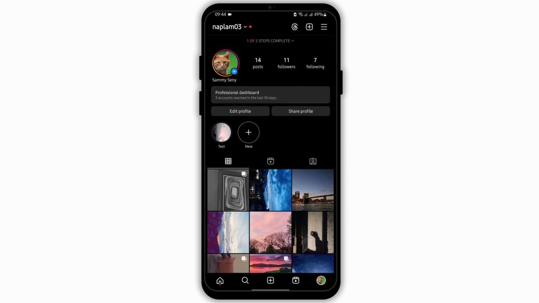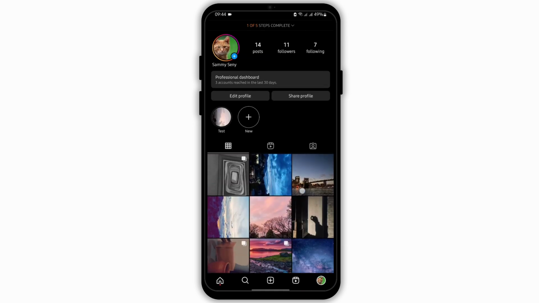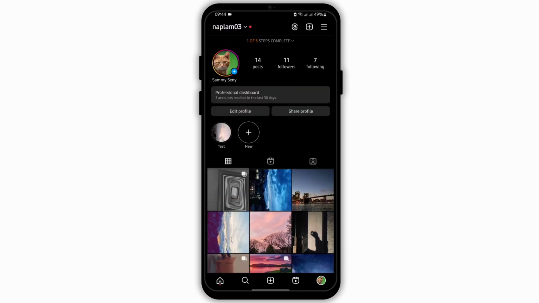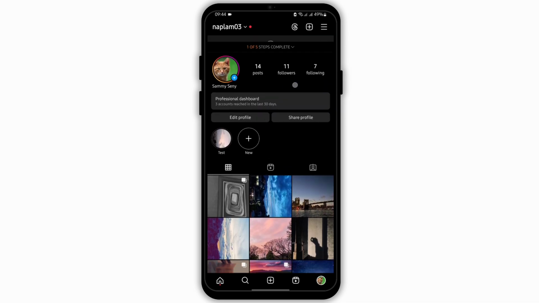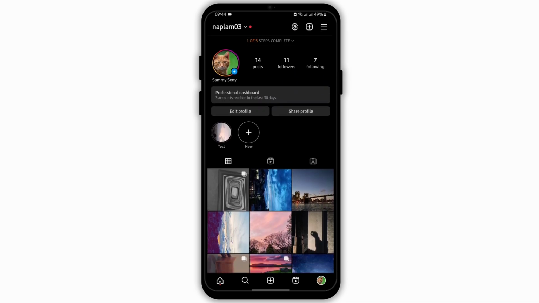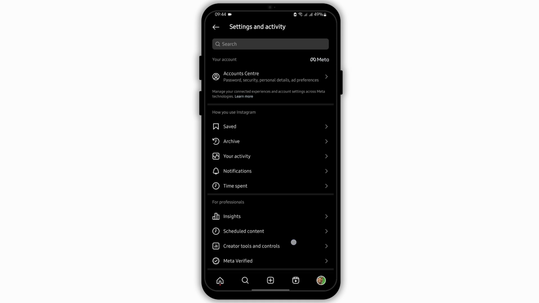Now, in order to add a business location, make sure that your Instagram is a business account. By default, this might be a personal account, so make sure that you see professional dashboard, meaning that your account is a business account. If you're not sure how to do it, then tap on three bar icon here, and